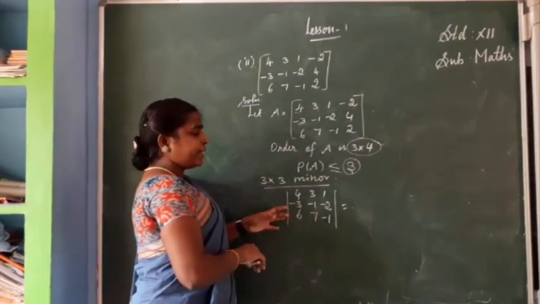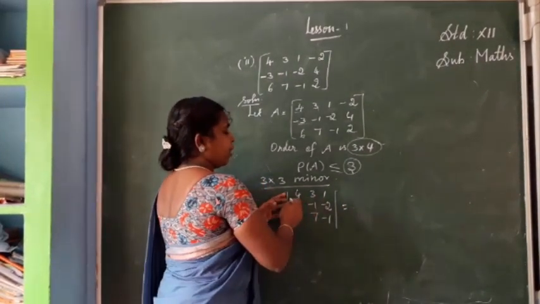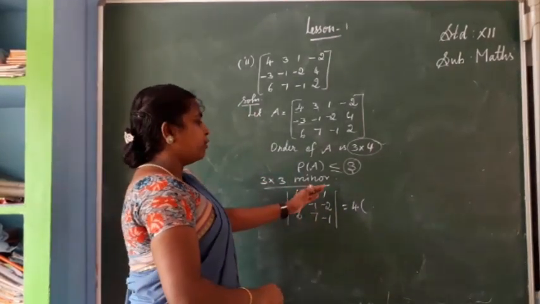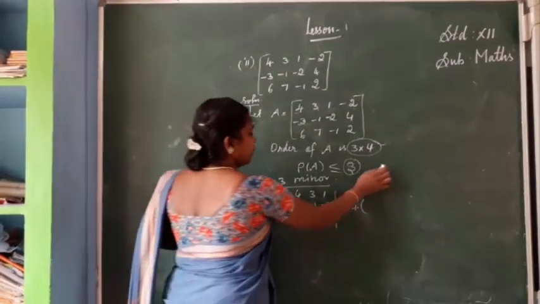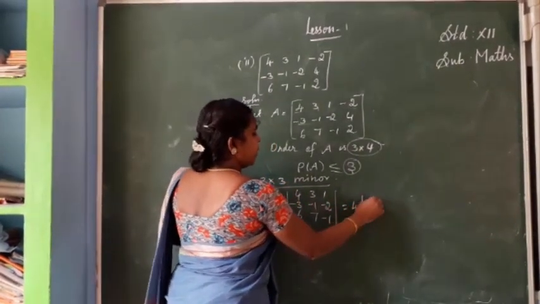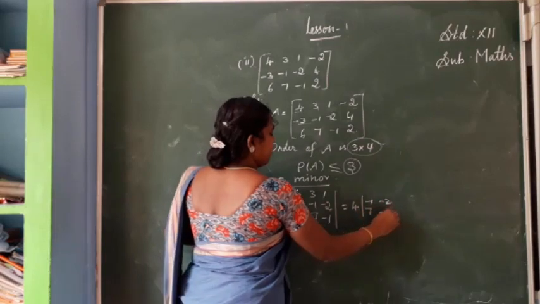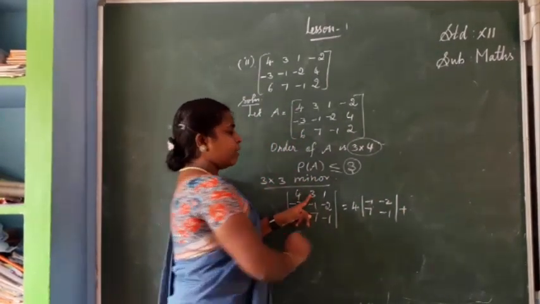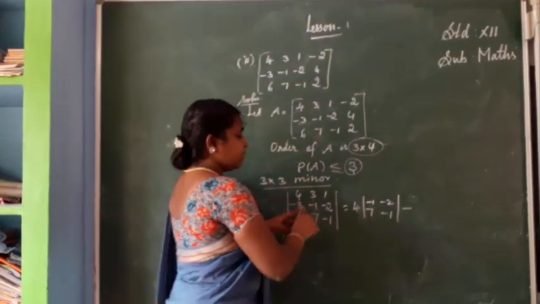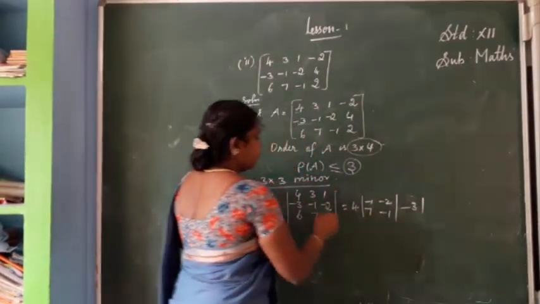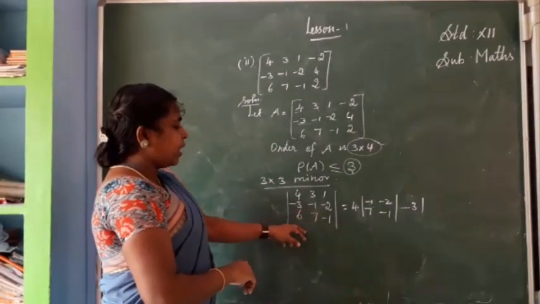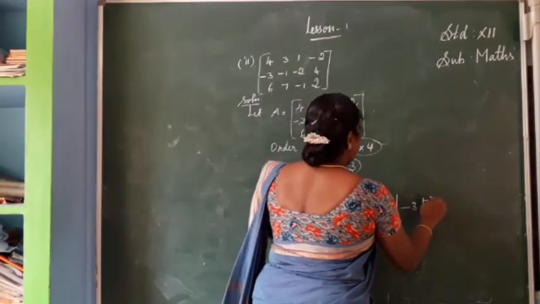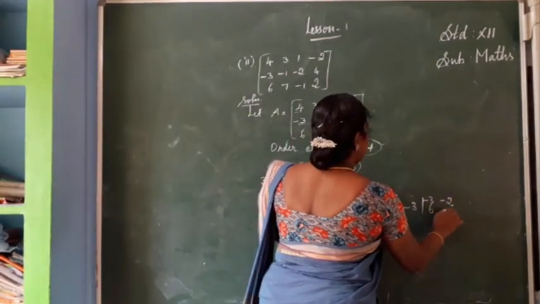Okay, here we have to find the determinant. So the normal method is followed here. First 4 into, so 4 is first row, first column. You leave the first row and first column. Remaining: minus 1, minus 2, 7, minus 1. Next the second element. When you are taking the second element, what do you put? Minus. What is that? 3. Now 3 is in first row, second column, so you leave the first row, second column. Remaining elements: minus 3, minus 2, 6, minus 1.